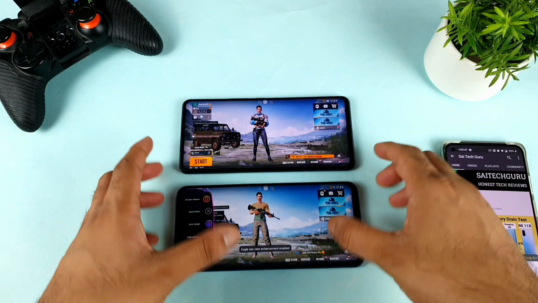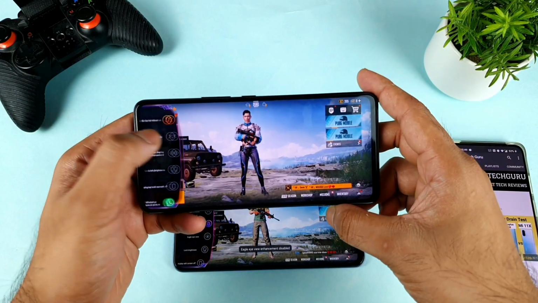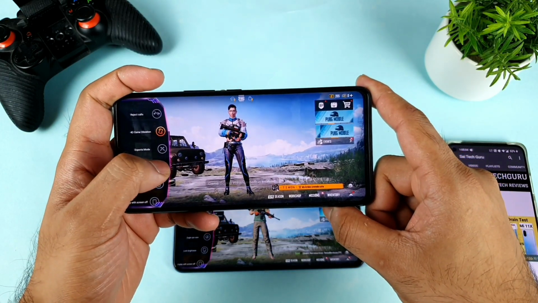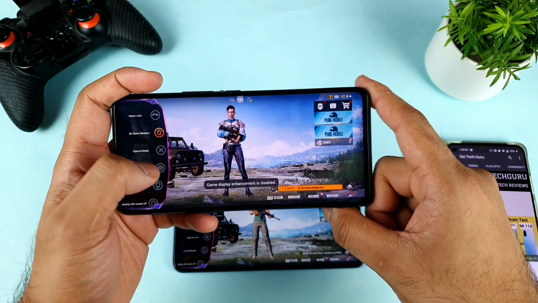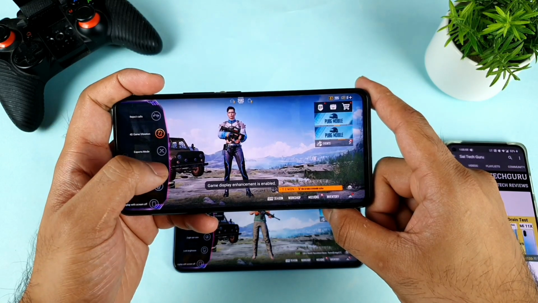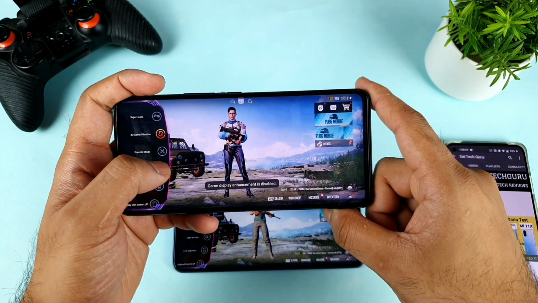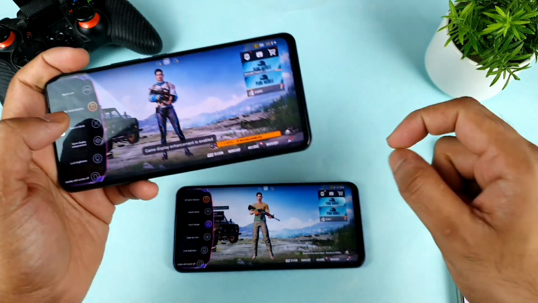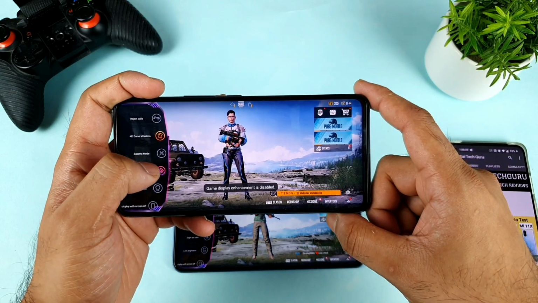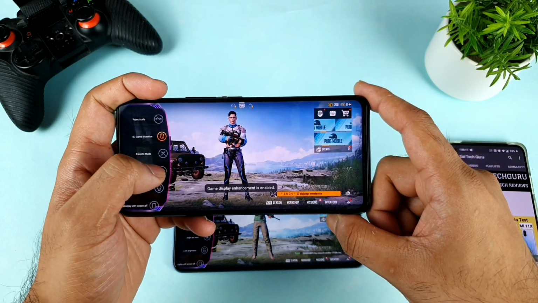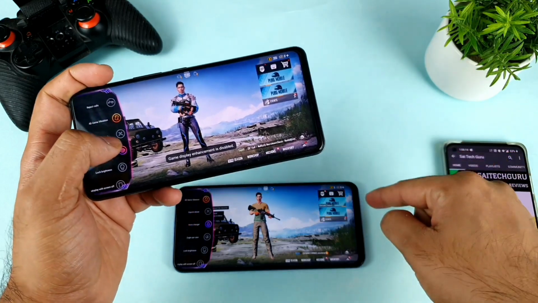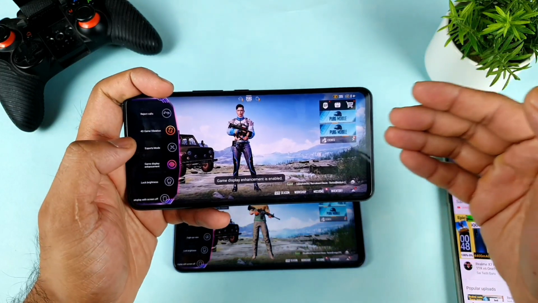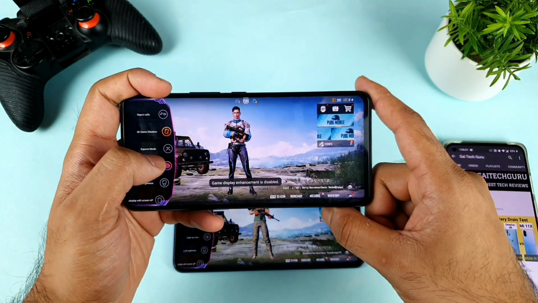So now let me test the iQOO 7 device, which has the game display enhancement. Whether this will have that kind of effect or not, that is what I'm trying to see right now. So without and with using. As you can see, I did see a little bit of change happening, but not as much as the Eagle Eye display enhancement that is present. So maybe this is the AMOLED display and that is the IPS LCD panel display. That is the reason maybe they used different terminologies, game display enhancement versus the Eagle Eye view enhancement, I think.